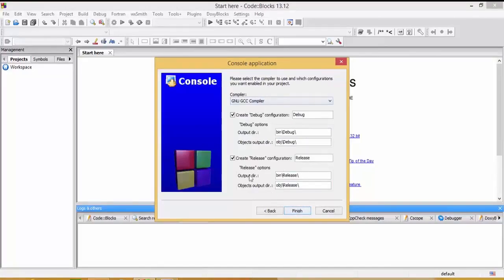and this is generally showing the basic information about your project, that it's going to use the GNU GCC compiler, which we are going to use to compile our application. And it's going to create two versions of your project. One is called debug and the other is called release. For now it's not necessary to know all these things because we are beginners, right? So just click finish,